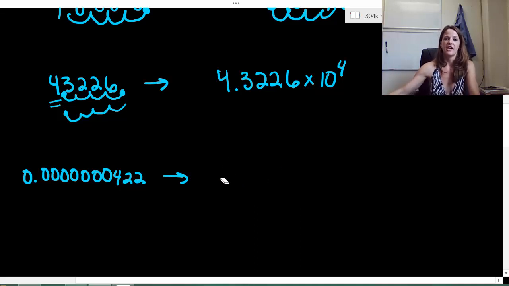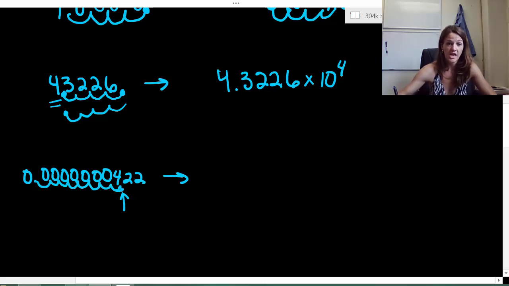All right, so remember, we can have one number in front of the decimal. So here's our first number right there. So we have to move the decimal right there, between the 4 and the 2. So we're just going to start here and count zeros. So 1, 2, 3, 4, 5, 6, 7, and 8. We stop right there at 8. So this becomes